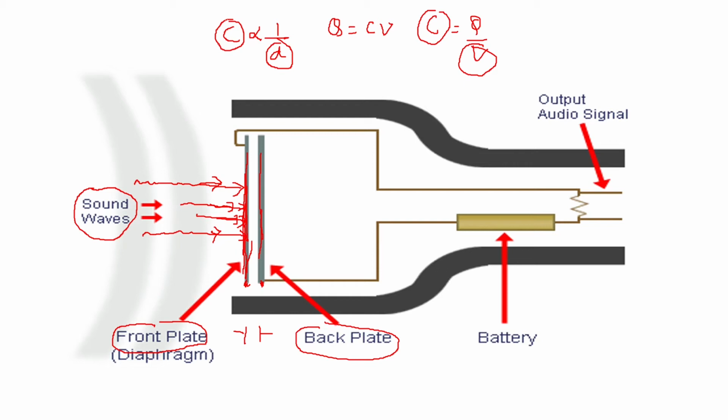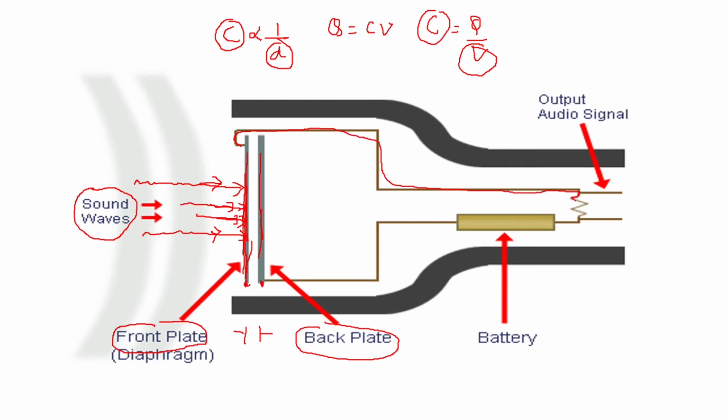With this we can only speak about capacitance, but now we want to convert the variation of capacitance into some electrical parameter, like voltage or current, which is going to vary. So for that we should build up a circuit. A circuit is built which is connected to the two plates of the capacitor, as you can see here.